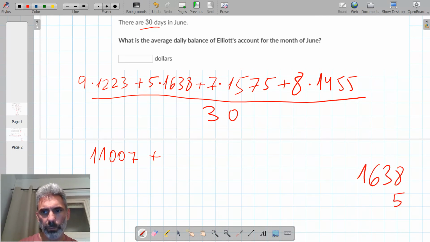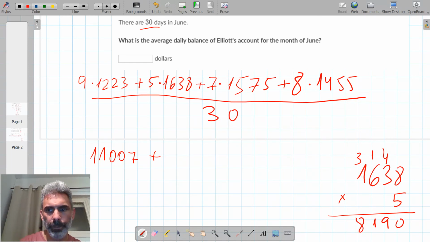1,638 times 5. 8 times 5 is 40. 5 times 3 is 15, plus 4 is 19. 5 times 6 is 30, plus 1 is 31. 5 times 1 is 5, plus 3, 8. So 8,190, plus